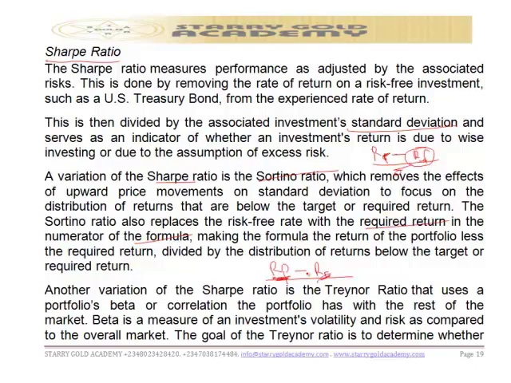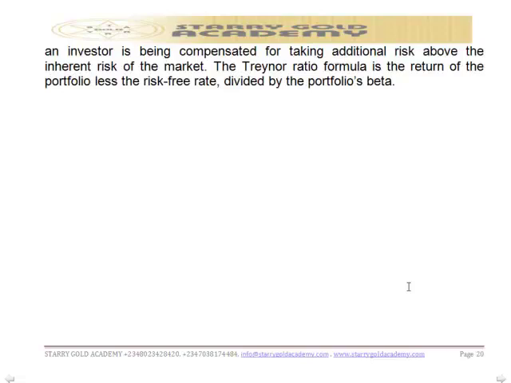Another variation of Sharpe is the Treynor ratio. The Treynor ratio uses a portfolio beta, or the correlation of the portfolio with the rest of the market. So beta is a measure of investment volatility and risk as compared with the overall market. So the goal of the Treynor ratio is to determine whether an investor is being compensated for taking additional risk above the inherent risk in the market. So the Treynor formula is the return of the portfolio